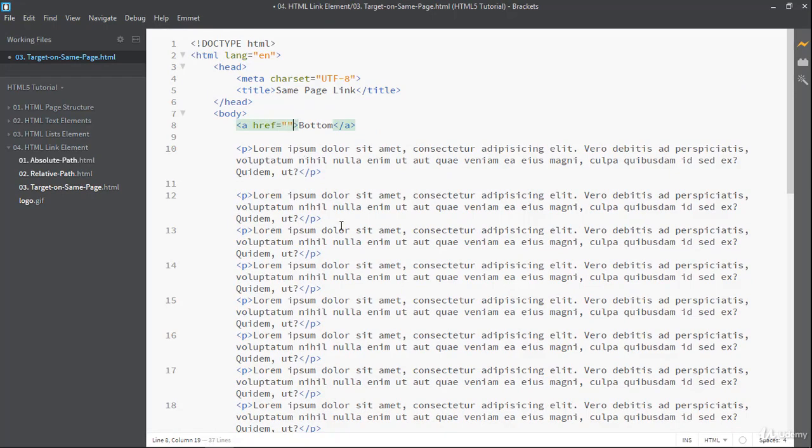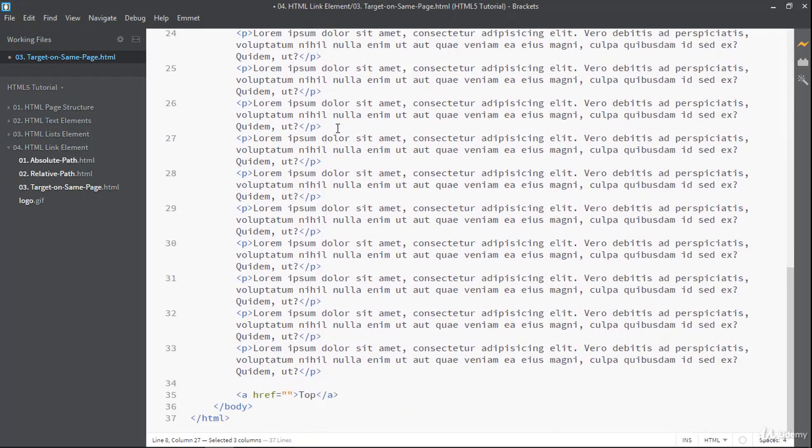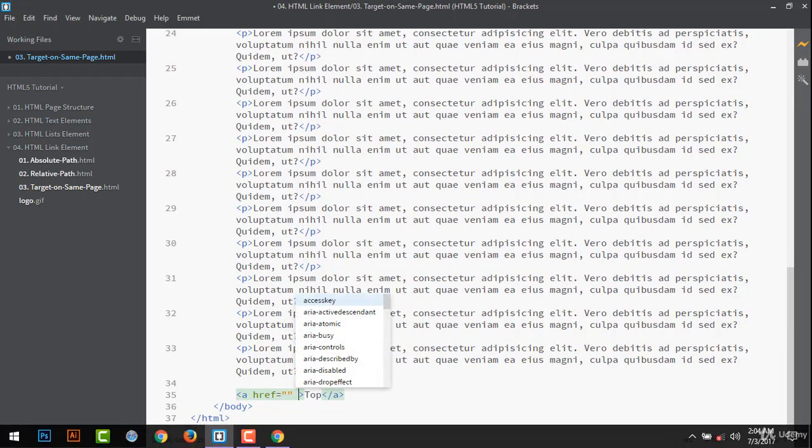So here I'm giving the ID attribute, and the ID attribute value will be top. This is the top anchor tag, so that's why I wrote top, ID is equal to top. And for the bottom anchor tag again I have to write one ID for identification, and for that I am writing bottom.